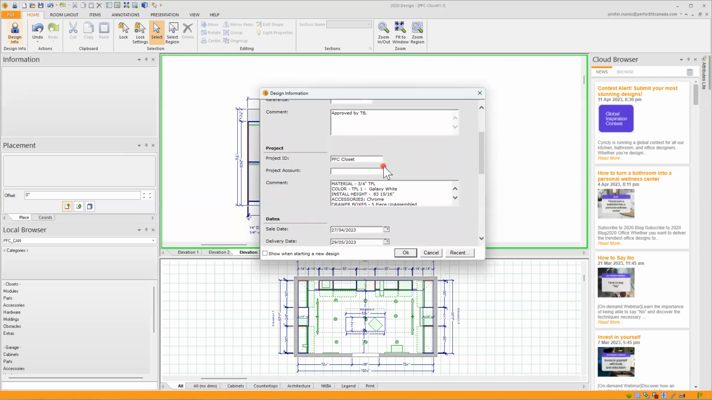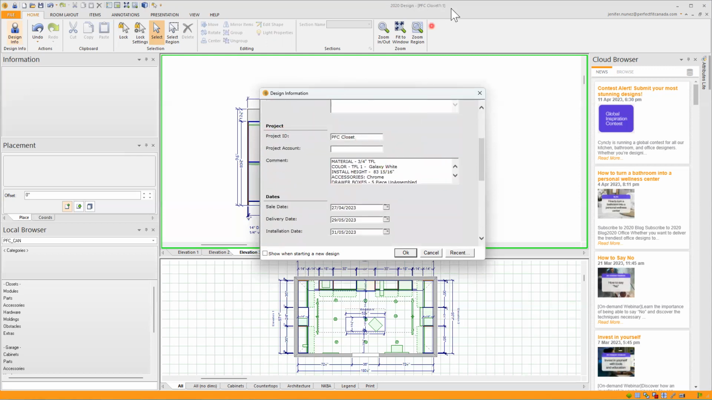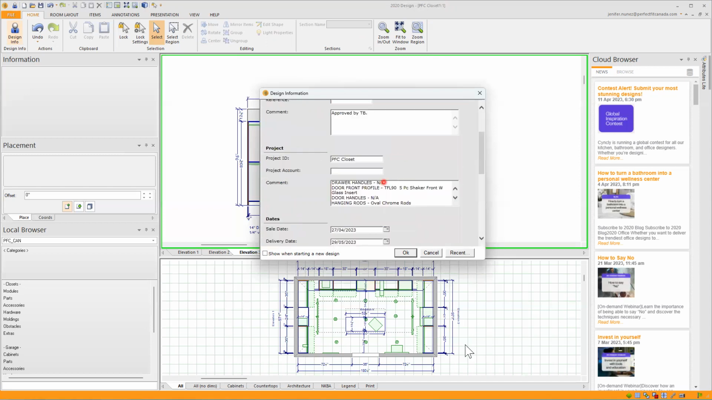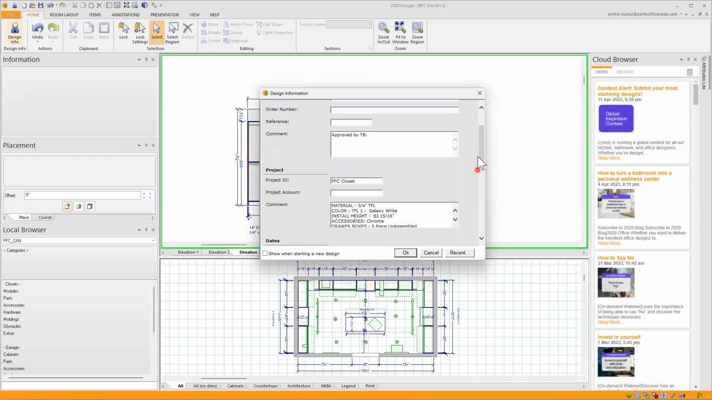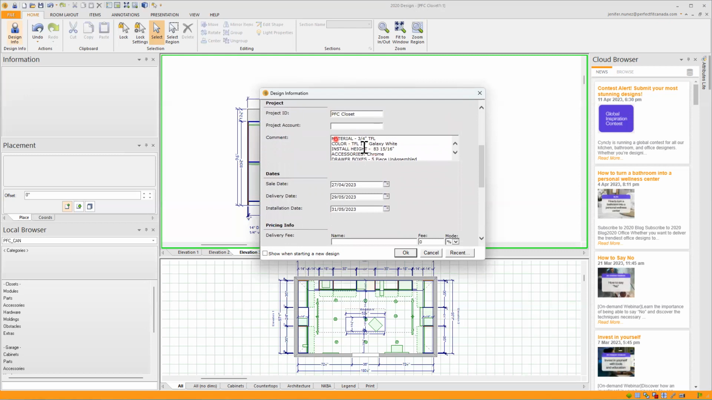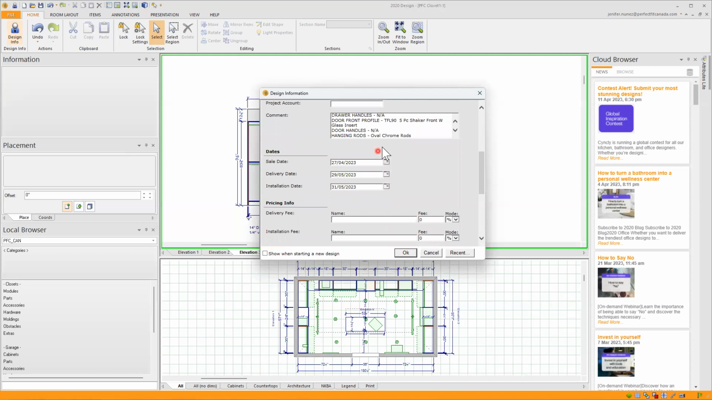And for example, in my project ID, I have the name of my file. And in this comment here, I have all my notes that I also have in my plan views, so they can review, when you present this to your customer, what is included, what you are quoting for: the color, the accessories, finish and material, type of drawers, no handles, the type of door profile, the hanging rods, etc. Then here I have my dates, the date I sold the project, the estimate delivery date, my